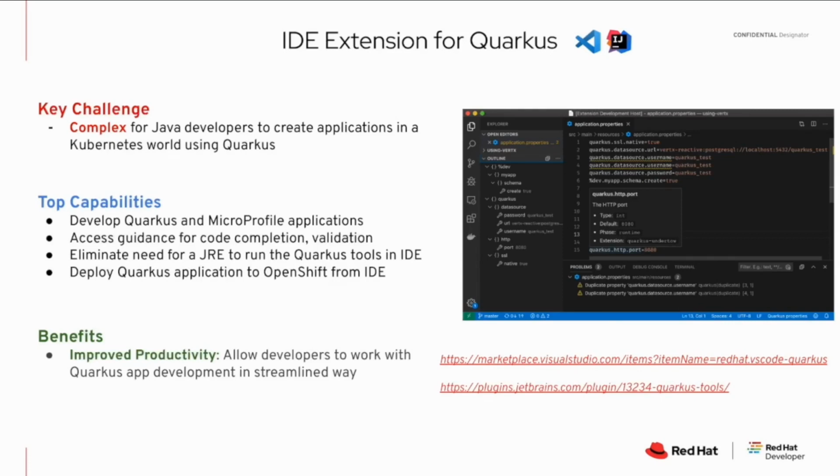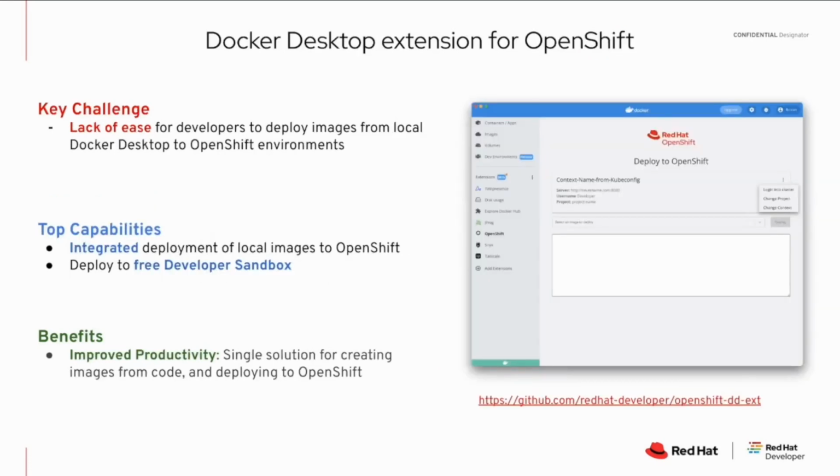If you are looking into creating containers locally and you have Docker Desktop, which is one of the most popular tools out there for creating containers, to try and test them out locally and push them into an image repository of your choice, we have a way for you to make it easy to deploy these images from your local Docker Desktop environment to an OpenShift environment, which could be running somewhere. Could be running locally on your laptop if it's OpenShift Local, or a remote environment, right? Like an OpenShift environment you already have access to, or even the developer sandbox for that matter.